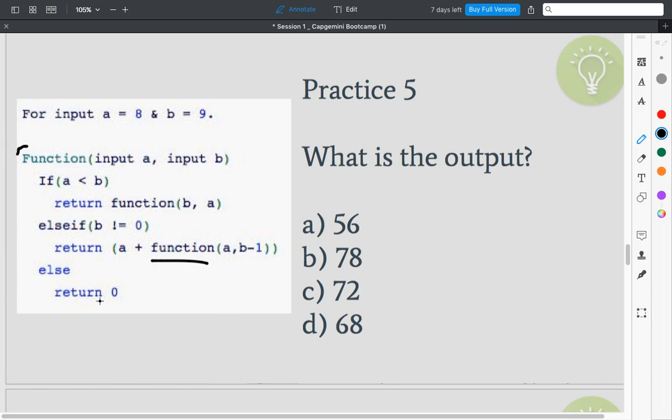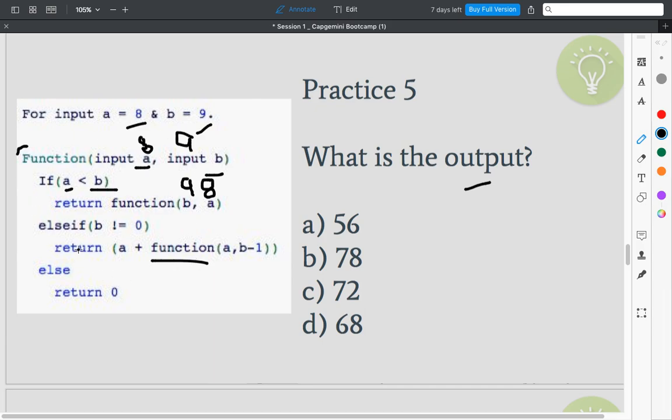This is the question of recursion and you have to find the output. See, initially it is 8, it is 9, and you are sending 8 here. You can understand in your mind that it is 9. Sorry for my writing, it really sucks. Okay, so A will be here, B will be here. If A is less than B, yes, A is 8 and B is 9. Now the values will switch. A will become 9 and the second value will become 8. That's how it will be passed.